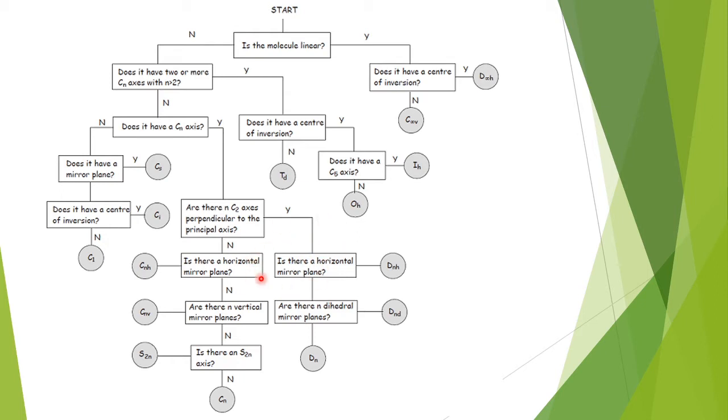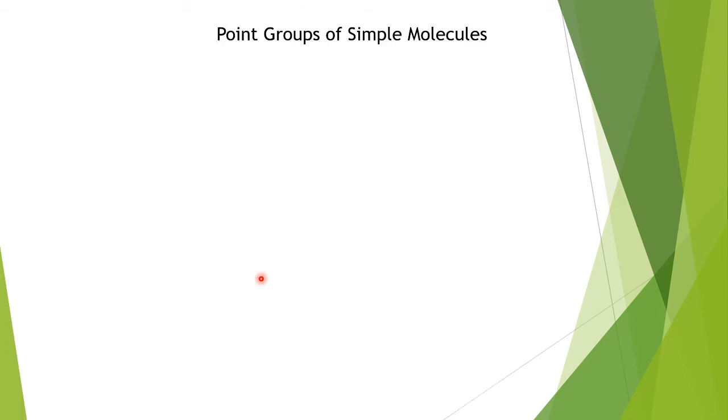So now let's move on to what's in your syllabus. There is determination of point groups of simple molecules. The first one is elements of symmetry of the water molecule. We already know there is identity element E, a C2 axis, and there are two sigma v planes. So if there is E, C2 and 2 sigma v, the molecule belongs to the C2v point group.